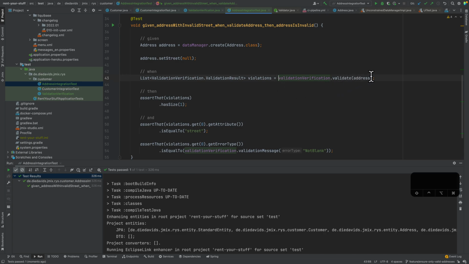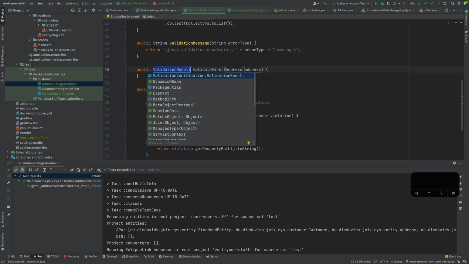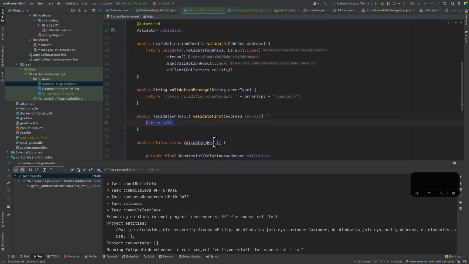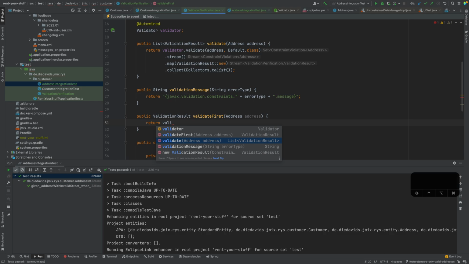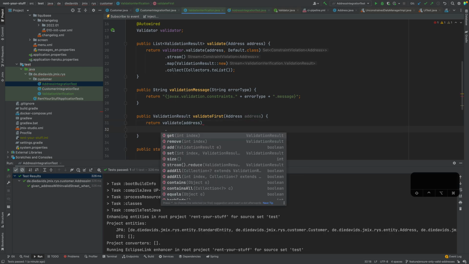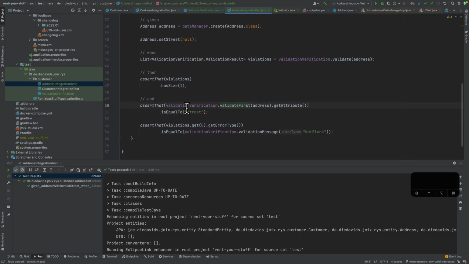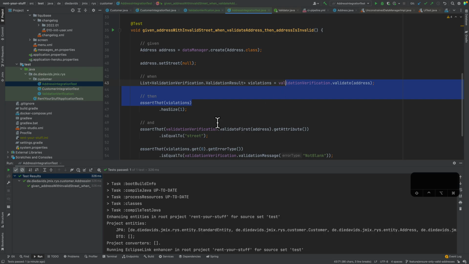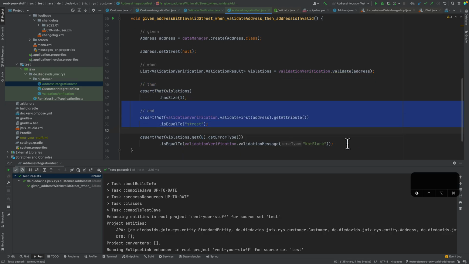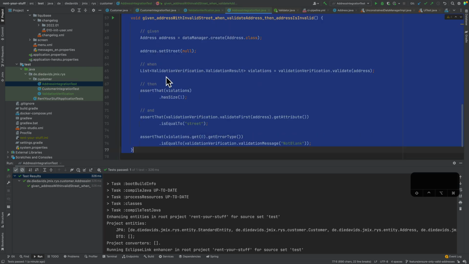So we could say, instead of this one, we could do validate first or something like this. And then we'll basically just delegate to our validate method. And with that, we actually now have two things. So first of all, we check that there's only one error, and then we check on the content of the error. So this means actually what we could do is to split this test